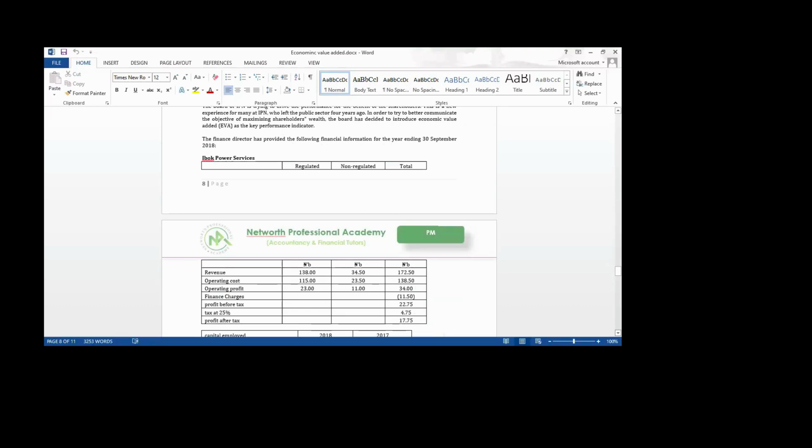The company decides to borrow money. You are paying interest. The interest is not regulated by government, so it has nothing to do with that regulation or no regulation. Profit after tax